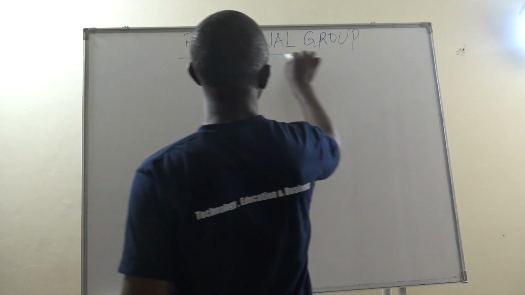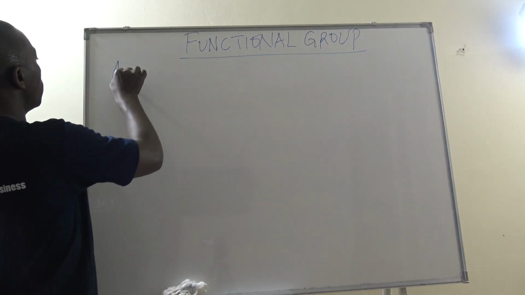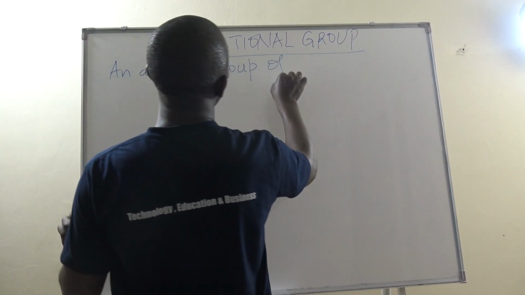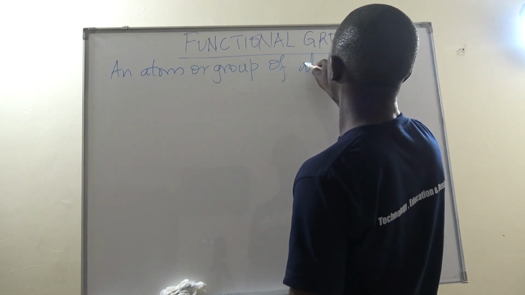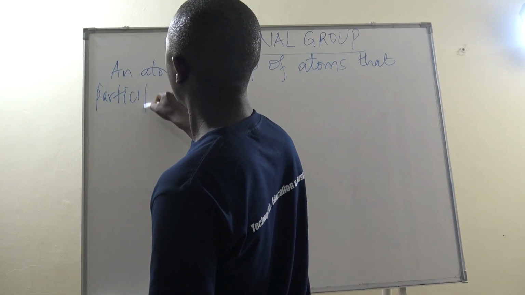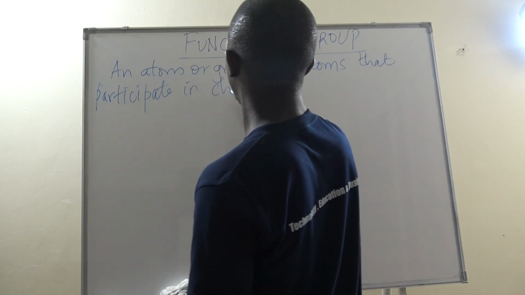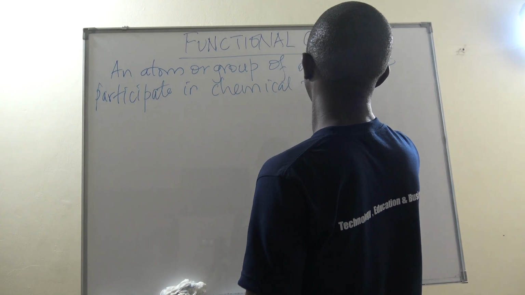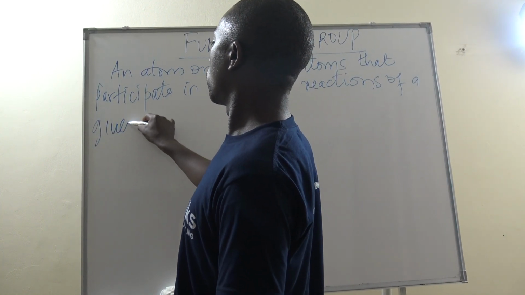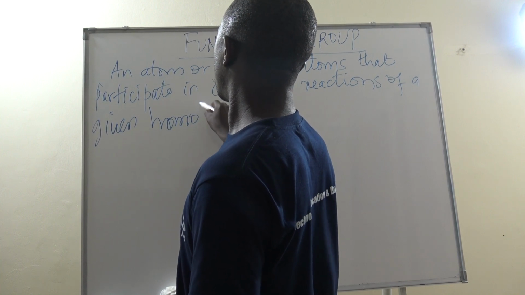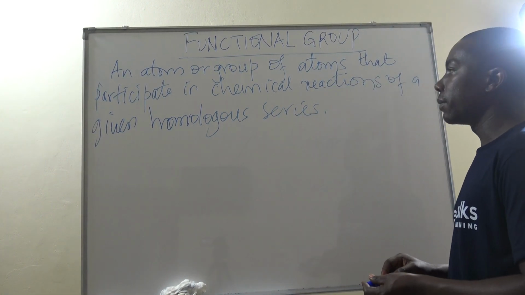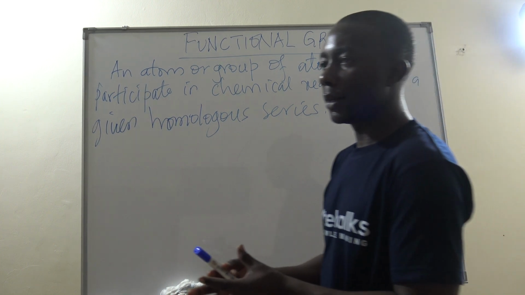So therefore we can understand a functional group as an atom or group of atoms that participate in chemical reactions of a given homologous series. Now remember, the homologous series could be a very big thing, but out of that big thing